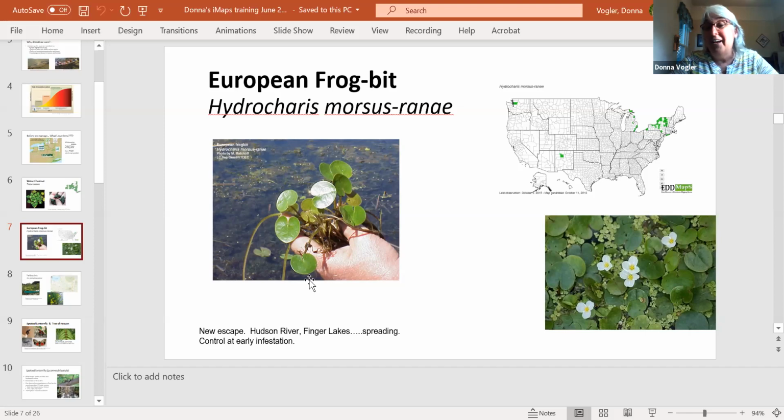I knew of a case, and actually this was in Sullivan County. A woman deliberately found some frog bit, I think it was in the Bashakill, and moved it into her little farm pond because she thought they were young water lilies and she liked the look of water lilies. She later discovered the error of her ways, but this just brings to point the need for people like stewards to monitor these things before they get spread around.